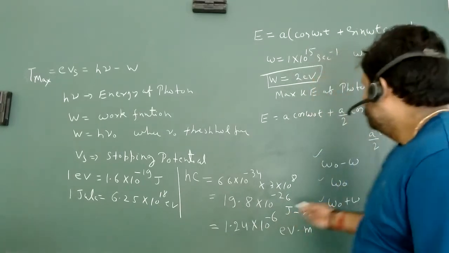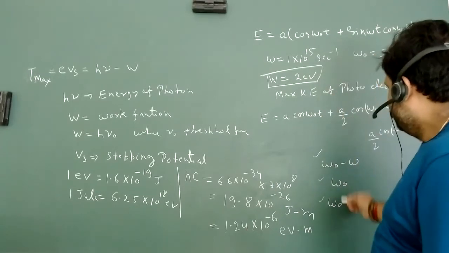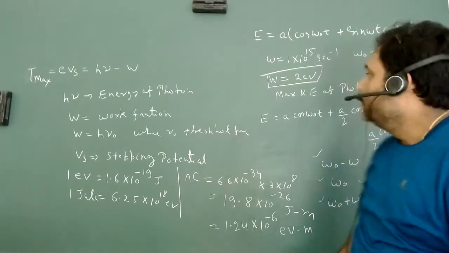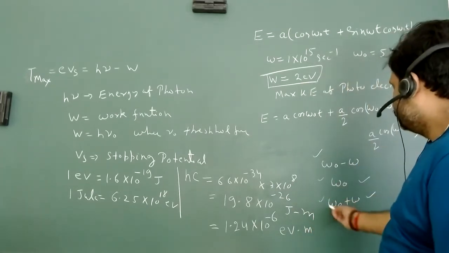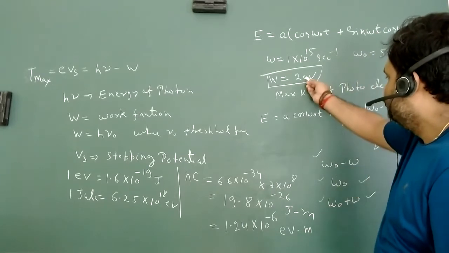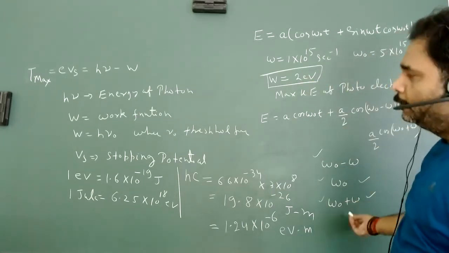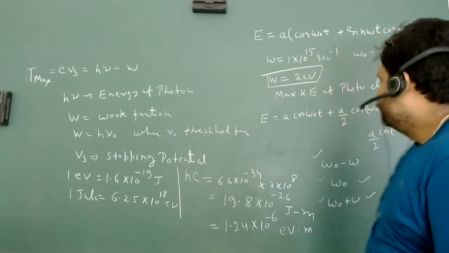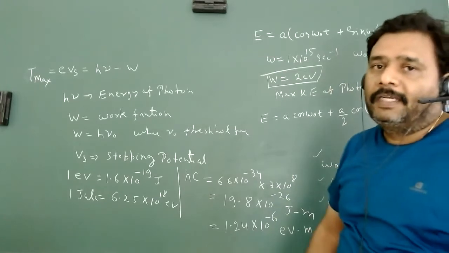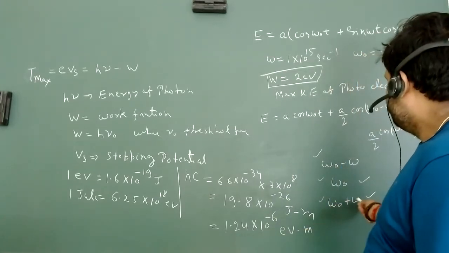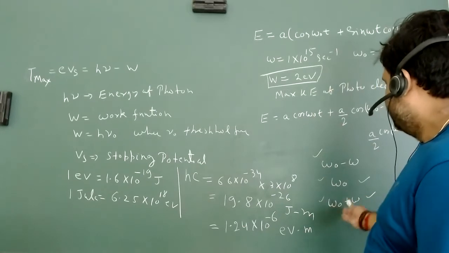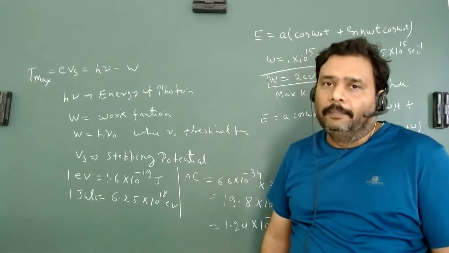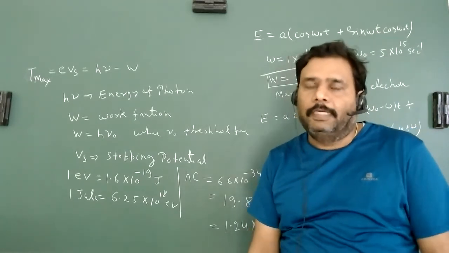But if this one is less, and these two are greater than 2 electron volt, then only these two will produce the photoelectric effect. And if these two have less energy than 2 electron volt, then only this one will produce the photoelectric effect. It may even be possible that none can produce the photoelectric effect, if the energy related to omega naught plus omega is less than 2 electron volt. So this is a very important thing. This is the extra concept we have to know.